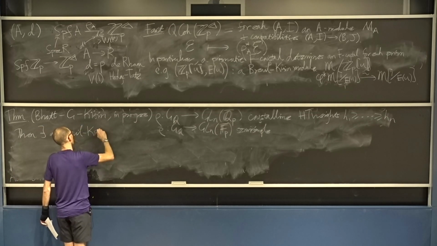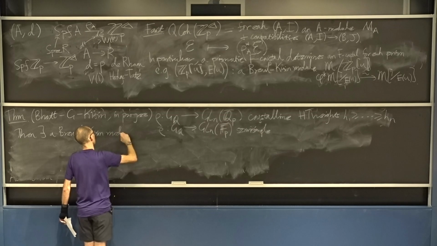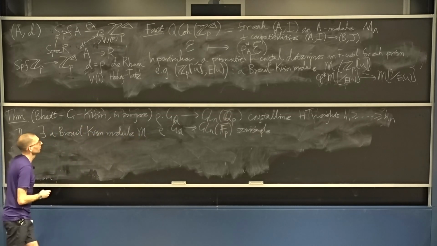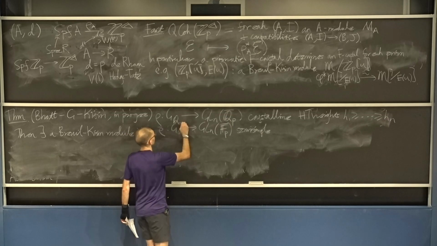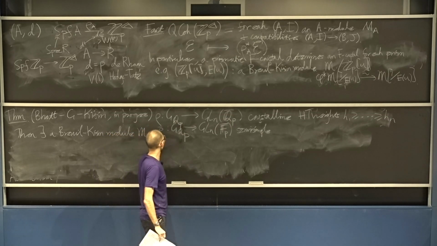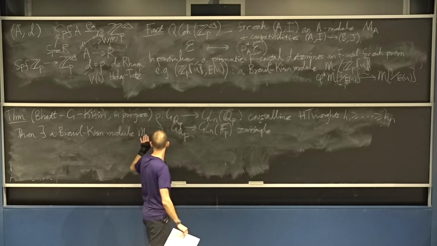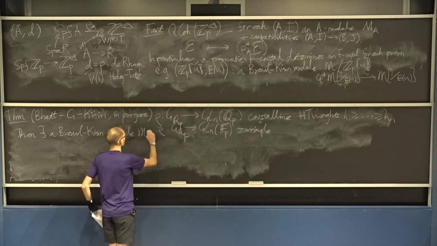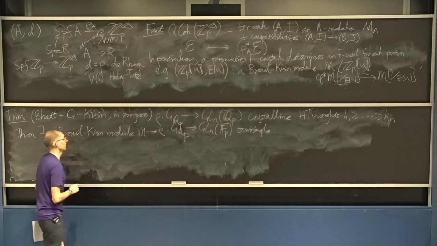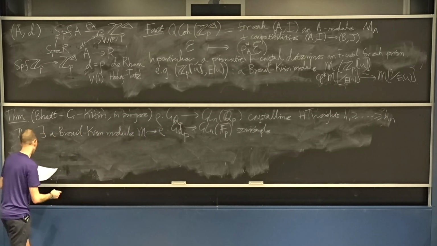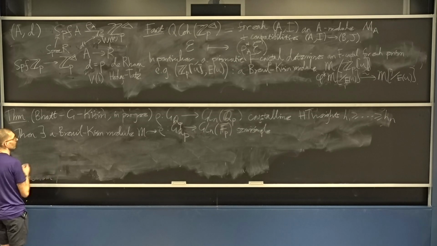I have a Breuil-Kisin module M, whose corresponding Galois representation, sorry, these should be Q_p, is enough to already know the semi-simple Galois representation. So this M, the associated Galois representation is this rho bar, and such that, well, the data of